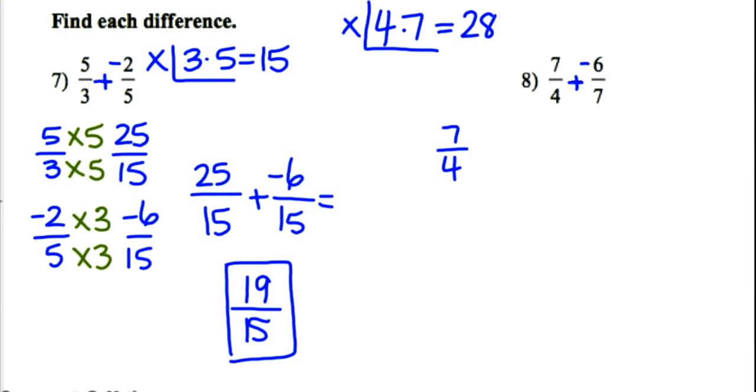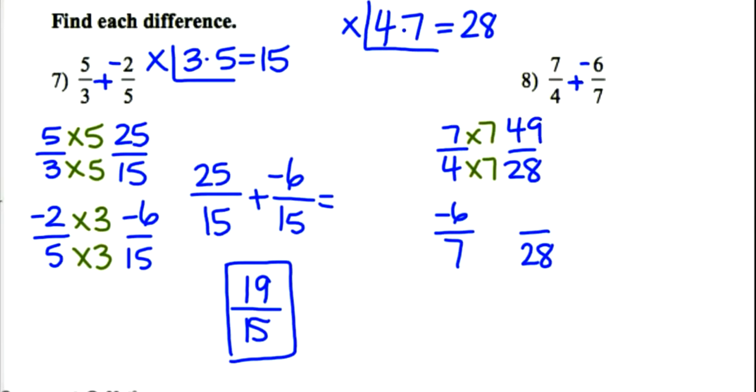So I have 7/4 and I have -6/7. My common denominator is going to be 28. And what am I going to multiply my first fraction by is 7. So 7 times 7 is 49. And my second fraction, I'm going to multiply by 4, because 7 times 4 is 28. And -6 times 4 is -24. So I have 49